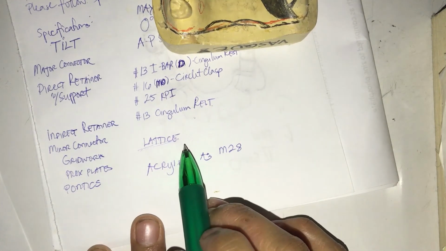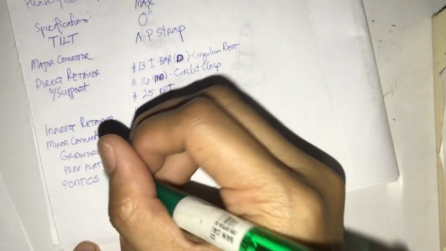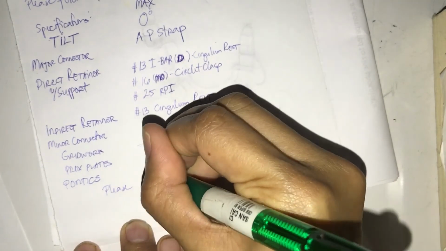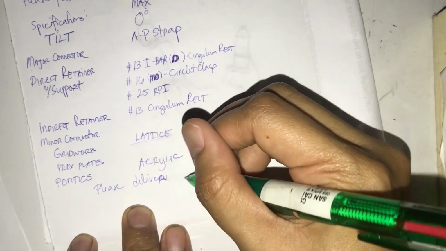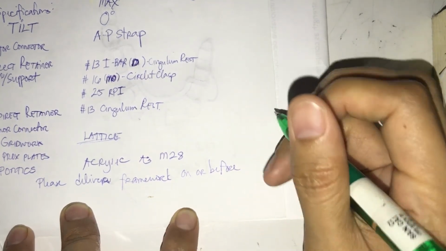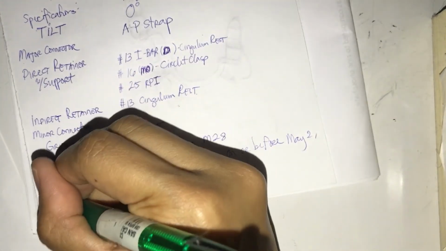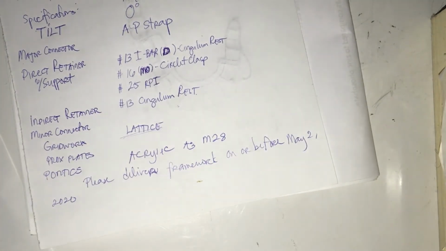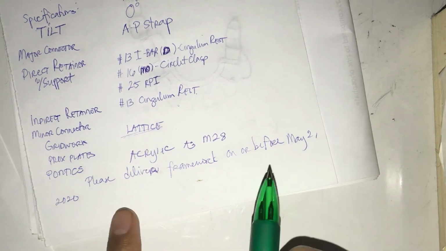Since I have no more added specifications, I may already end my letter. So how do I end my letter? By telling them when I need my framework. Okay, so again, I'm just going to write this here. Please deliver framework. Write a specific date, on or before, after quarantine. On or before, let's say, May 2, 2020. They just opened. They did not yet open the lab. It's just an example. Anyway. Please deliver framework on or before May 2